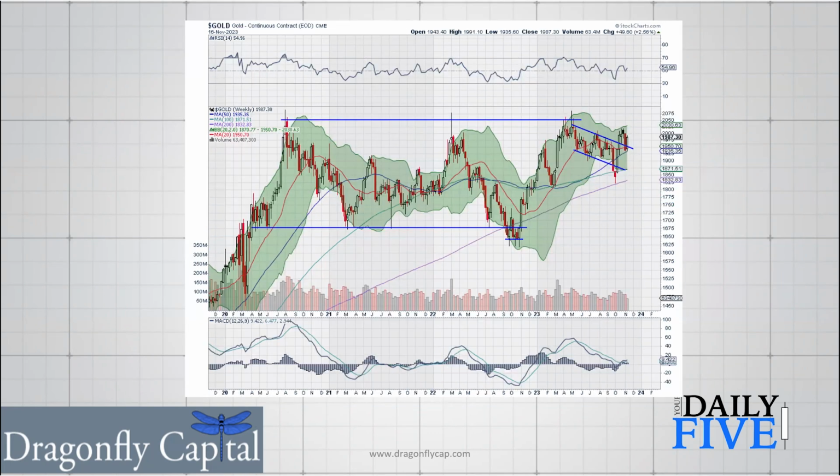Third one is gold, and this has been the one that's been the most stubborn. We've been hovering around this 2000 level for a really long time. We're bouncing up again today. We're going to start to see a little bit better price action here. And it had looked as though we had a falling channel that was going to take hold. And then we had a breakdown out of that, a false breakdown. And as we say, false moves come fast moves, a fast move to the upside and through the channel to a higher high. A pullback, and now we're pulling back to a higher low